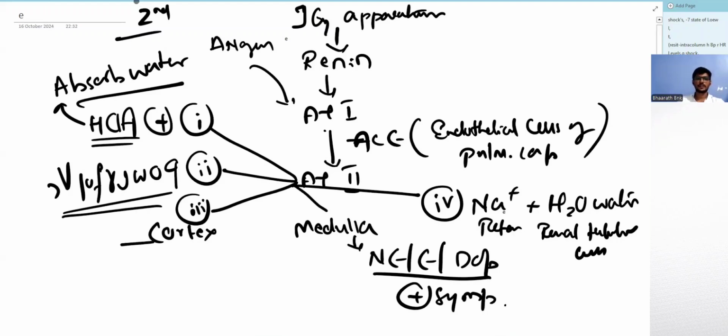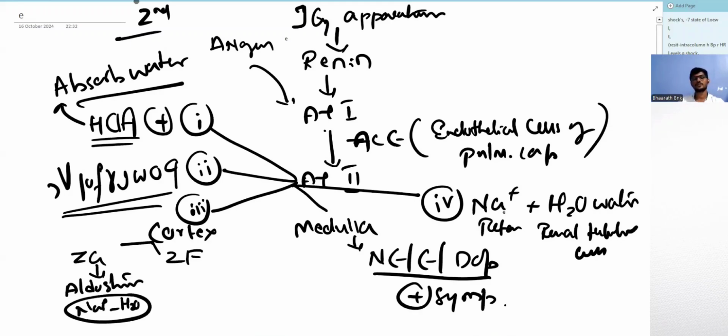In the cortex, it acts on zona glomerulosa and zona fasciculata. So glomerulosa will release aldosterone. Aldosterone will cause sodium reabsorption. Along with that, water also comes inside, which helps to increase the volume of the blood. So sympathetic system tries to cause vasoconstriction and increase the blood supply by causing increased contraction